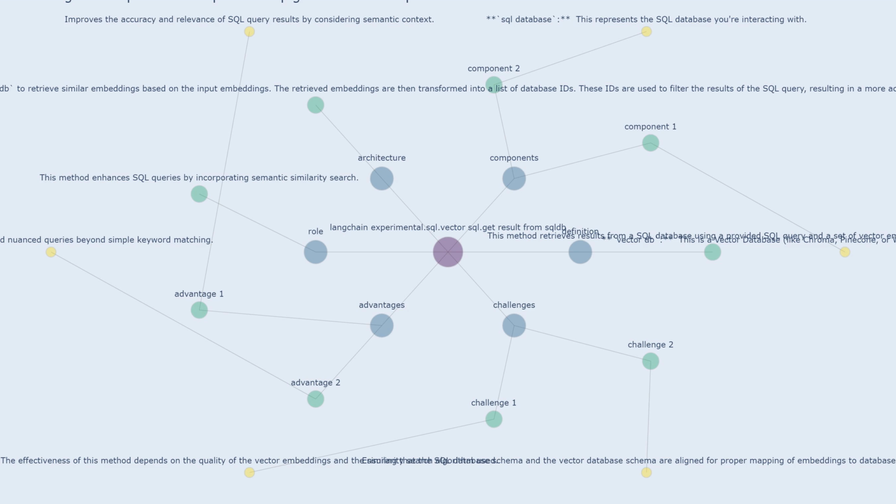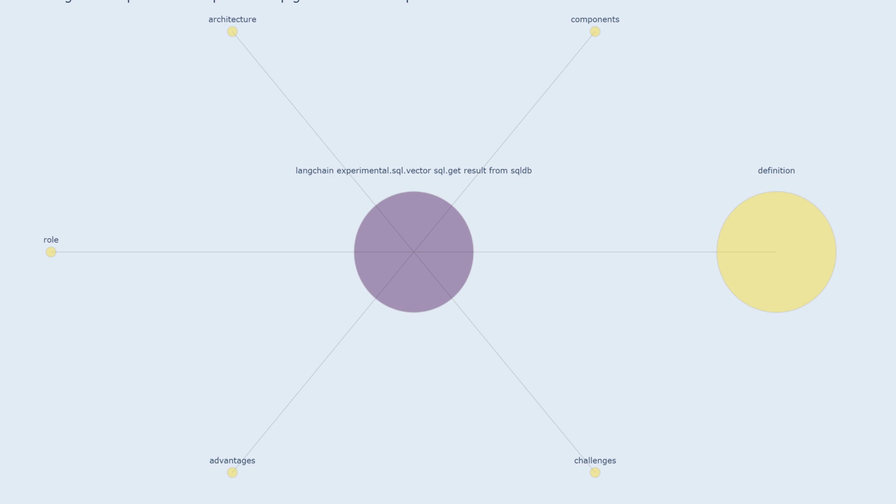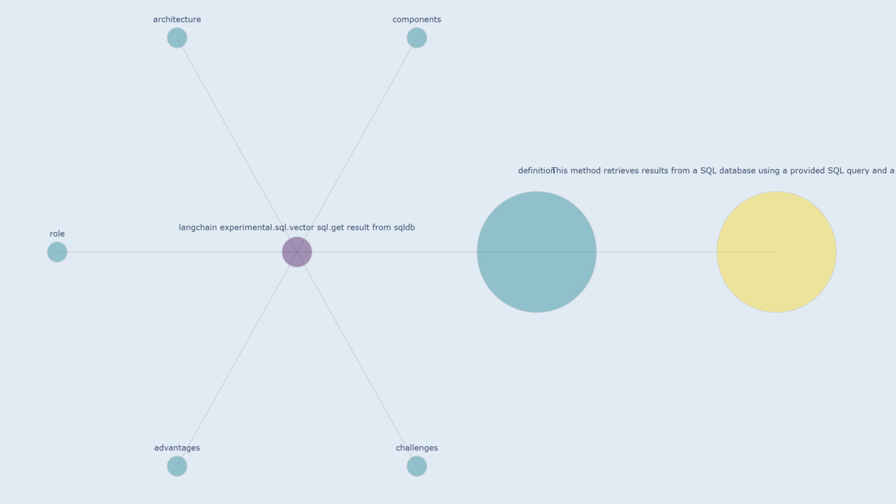langchain_experimental.sql.vector_sql.get_result_from_sqldb. Definition. This method retrieves results from a SQL database using a provided SQL query and a set of vector embeddings. The method first transforms the input query into a vector representation, then uses the vector database to find similar embeddings. These similar embeddings are then used to filter the SQL database results, effectively enhancing the relevance and accuracy of the